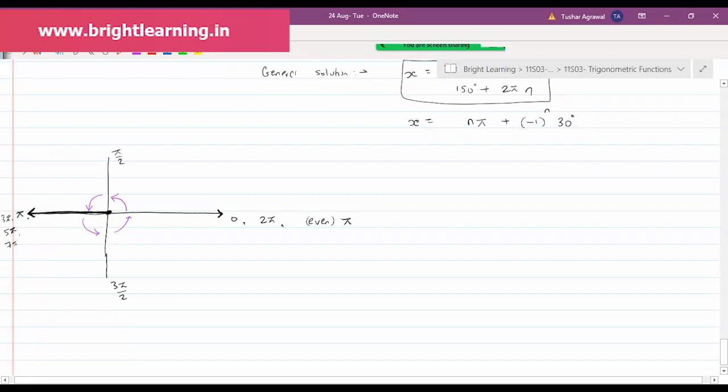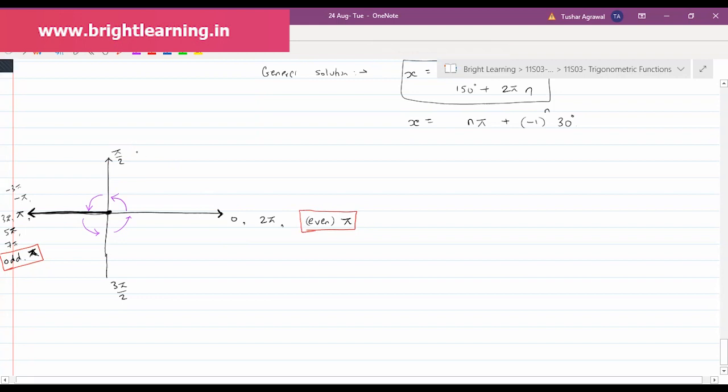So why are we just adding 2 pi? If I subtract 2 pi from pi, it will be -1 pi. If I subtract one more 2 pi, minus pi minus 2 pi will be -3 pi. So can you see that here we can write odd integer multiple of pi. Is this point clear? The negative x-axis is odd multiple of pi, the positive x-axis is even multiple of pi. Positive y-axis